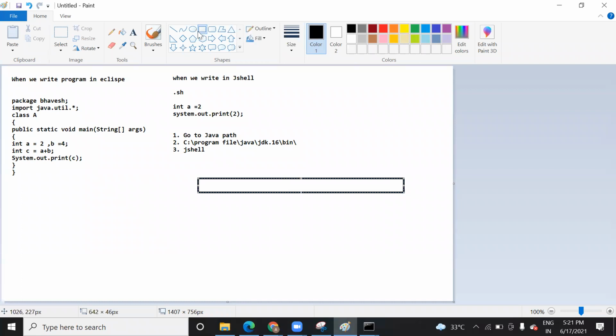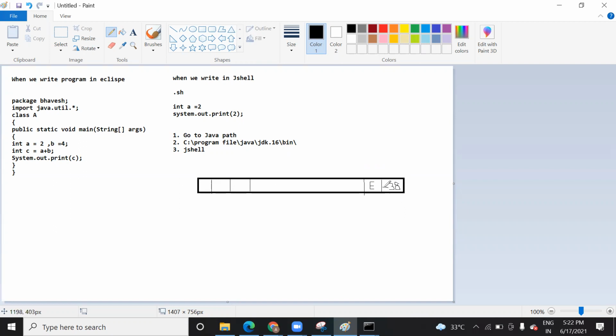Suppose this is your cell and you have divided it into, suppose, 32 parts, right? So suppose in the end one, you will write like this. In one it will come e, that is your tens power 10, and then you will write, suppose, minus 38, which means 10 to the power minus 38.